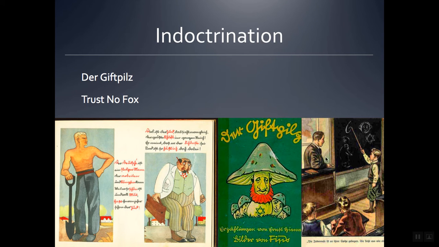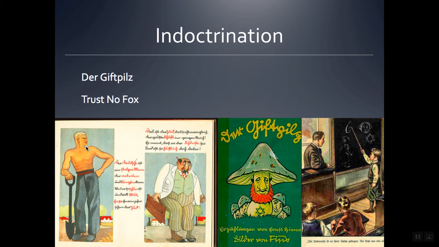This is one of the pages from the book that you're going to look at in class. It's literally a class teaching German students how to identify a Jew with some of these damaging, harmful stereotypes. And then Trust No Fox was also, so these are two of the most popular children's books in